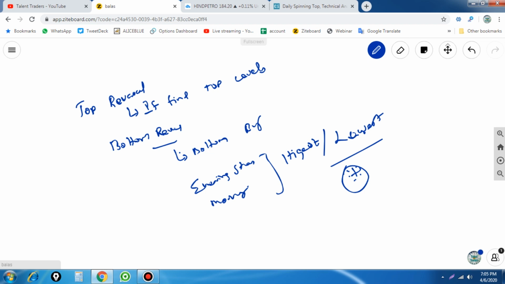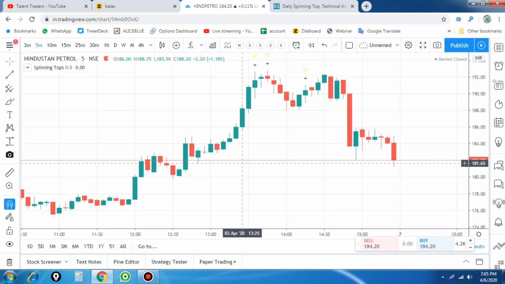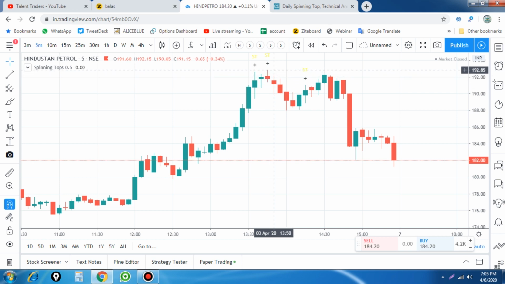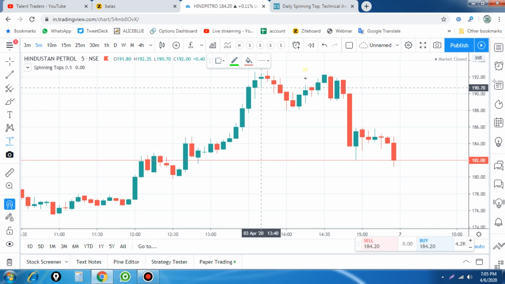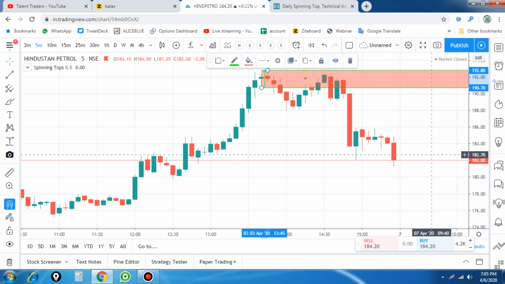This is a more powerful single candlestick pattern, which will give you nice results on either an intraday or even a positional basis. But we are not following this intraday, since tracking a lot of stocks is quite difficult, so let me show you in a 5-minute chart. If there is any kind of pattern, you see a candlestick which forms at the high level, the spinning top, these two spinning top candles. When I take entry here and maintain a stop loss, let me show you that. This is my candlestick pattern where it forms, and from 190 I'm going to find the trade opportunity. Even on a 5-minute time frame, it will work.